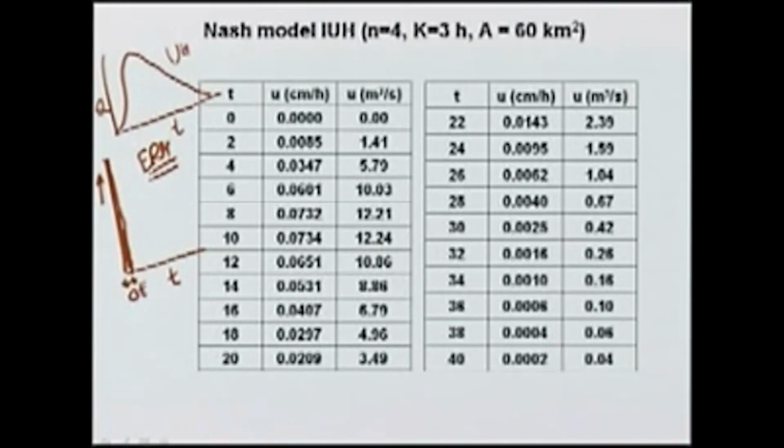Suppose this is delta t and the intensity is, let us call it, 1 over delta t. So, the volume of rain which occurs is 1 or the depth of rain into the catchment area. So, depth of rain is 1 centimeter,